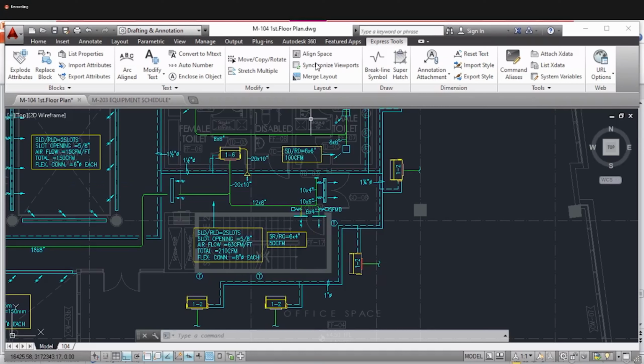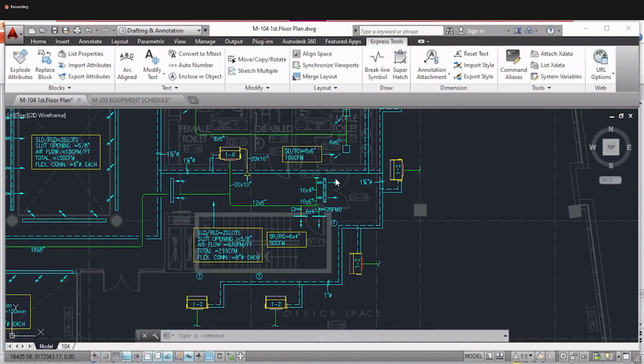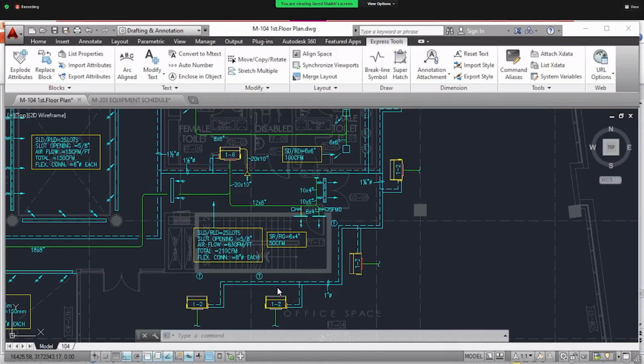I will forward this software, no need to worry. I will forward all the duct sizer and pipe sizer also. And our previous class material, as I am not getting the time to forward all of it, I will mail it to Sabri, and you can get the material from Sabri.